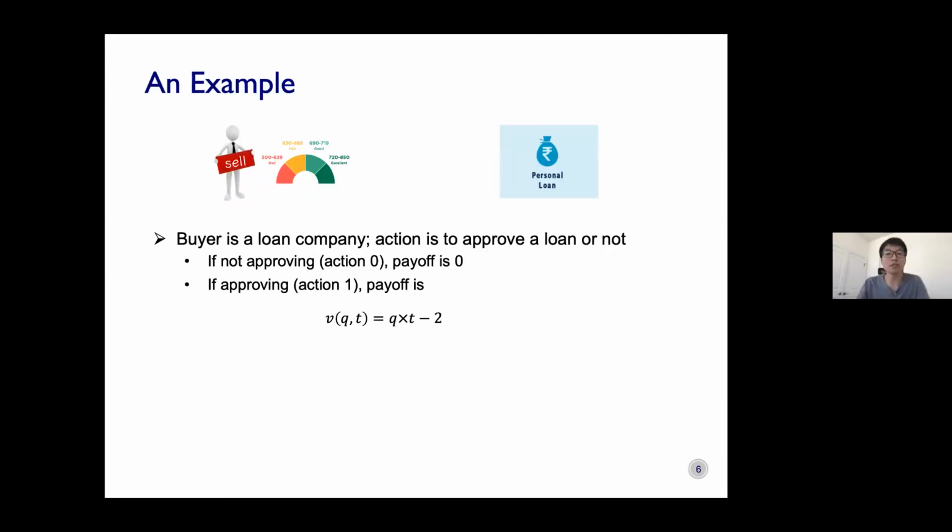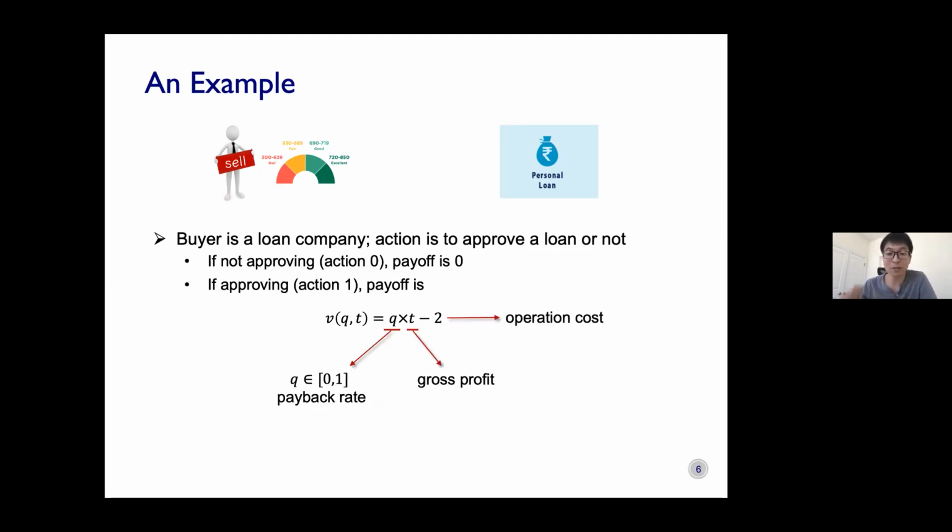Okay, good. So here's a concrete example. Let's consider a credit report company that wants to sell information to some loan company. So the buyer is a loan company. His action is to approve the loan of some user or not. If not approving, then nothing happens and his payoff is 0. And if he approves the loan, the payoff may have some linear structure like the following, where it's QT minus 2,